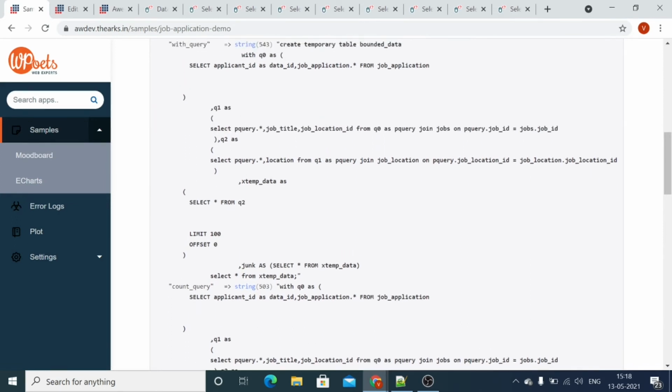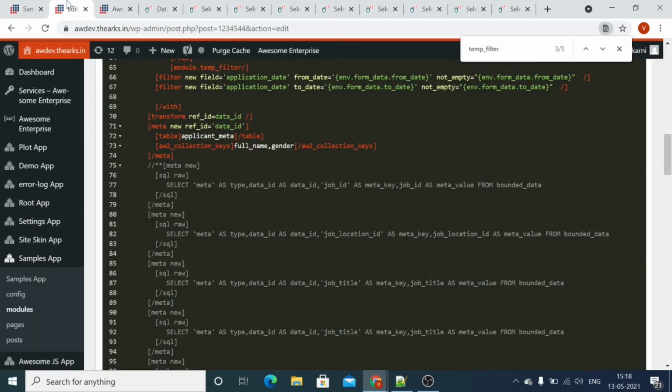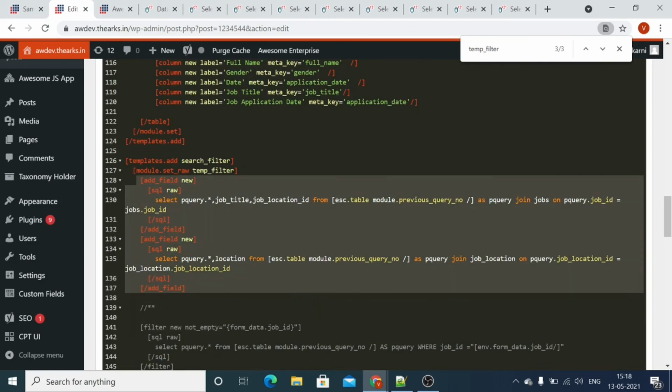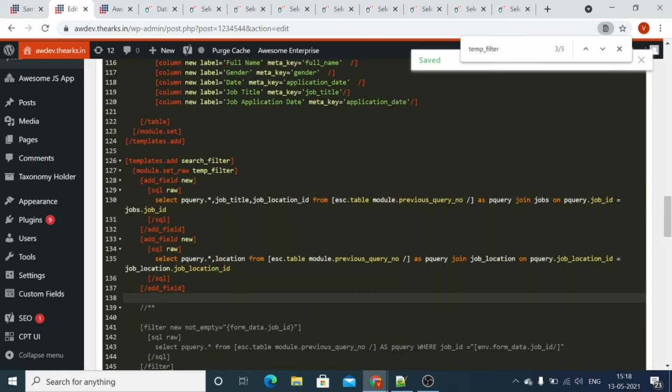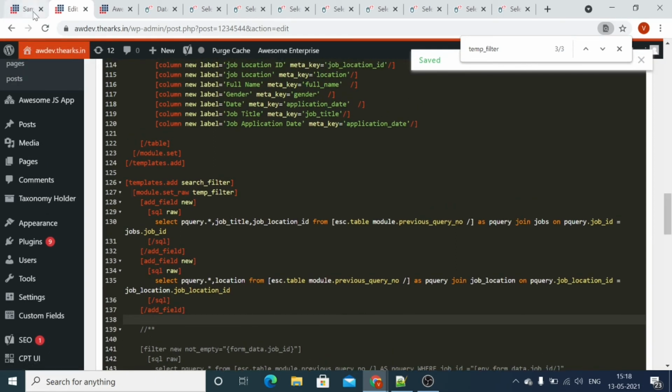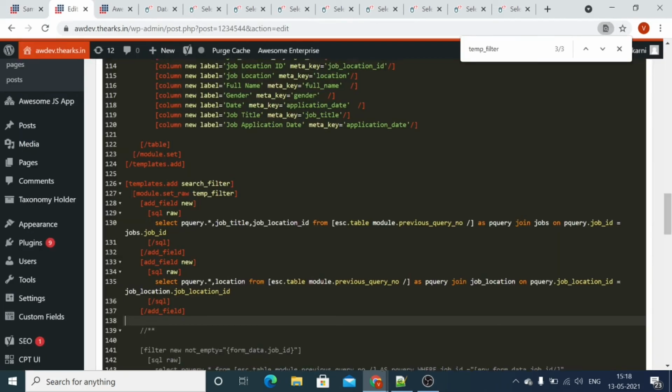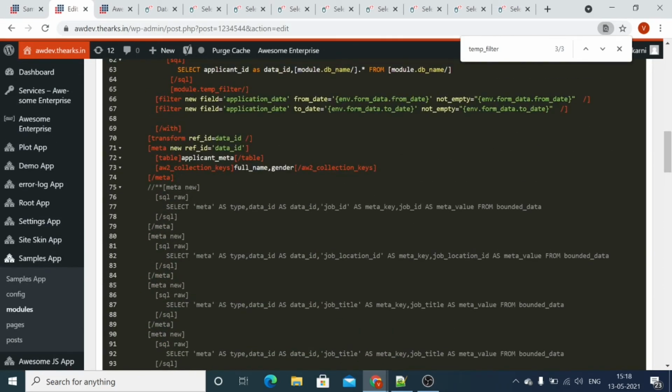So we have query 1, that is our base query, add field that is on jobs, and add field that is on job location. So these two add fields work as a join. So this is how the add field works. Now you can see the full name is appeared and the gender of that applicant is appeared. Now we will add all the fields one by one.